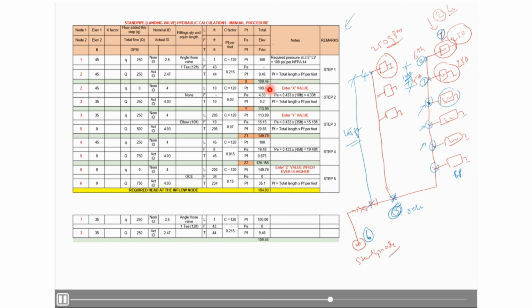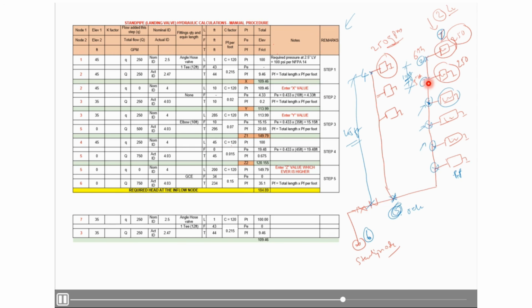And here, if you see this PT, total pressure will be 109.46, which we already got above, so this will be the same. And elevation pressure, we have the formula 0.433 multiplied by the length of the pipe. Here the elevation length will be 10 feet, so 0.433 multiplied by 10 feet is equal to 4.33. So I mentioned it here. And PF, friction loss, will be 10 multiplied by 0.02, which is 0.2. Then we add all these things and we get 113.99